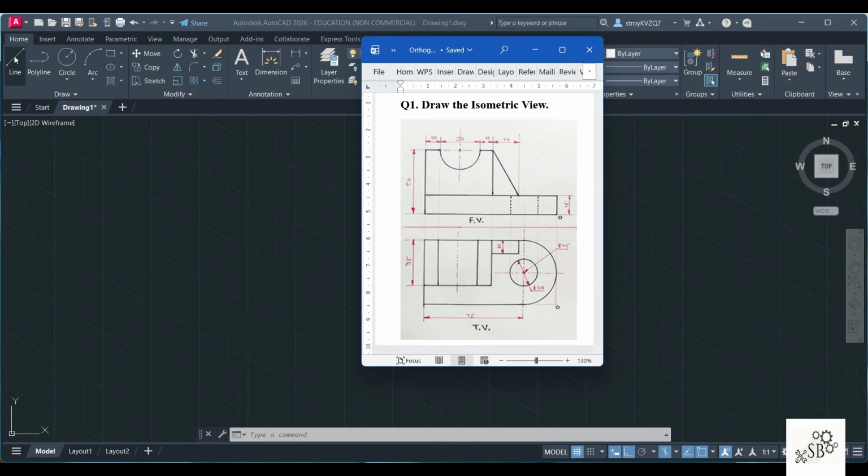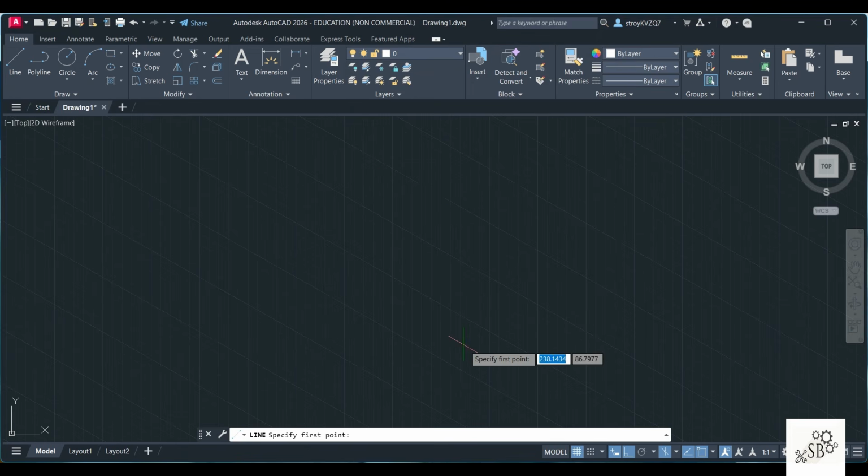Now we will directly go to the line option. You can start from anywhere you want. Say I click here and then I'm going behind. At this point, if you check over here, iso plane left is on. So there are three planes here. Iso plane left, which goes to the left. Then there is iso plane top. If you see the diagram here, it is showing the top view. And iso plane right, if you click here, you can go to the right.